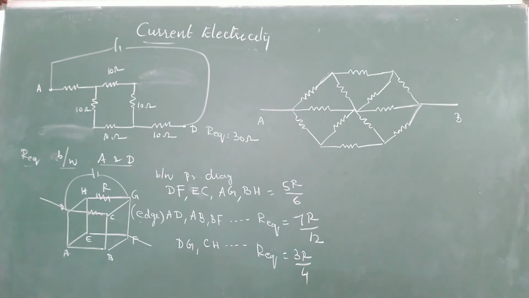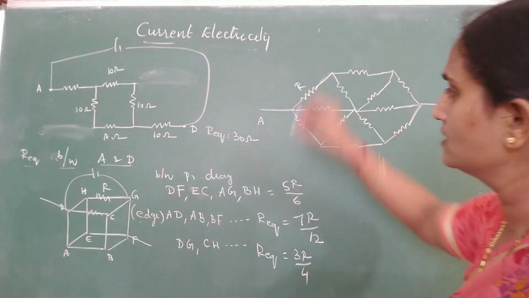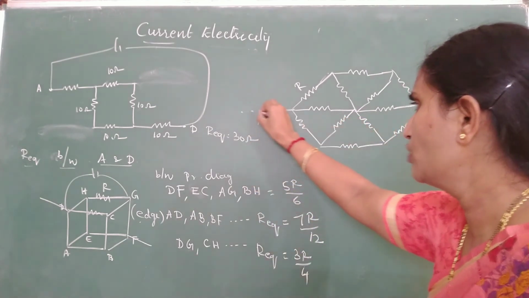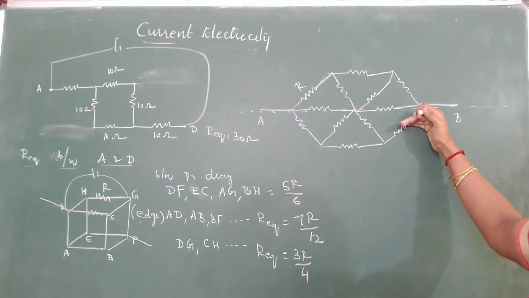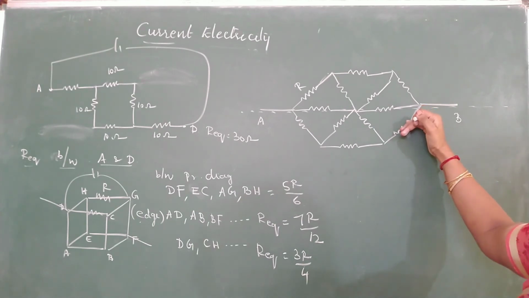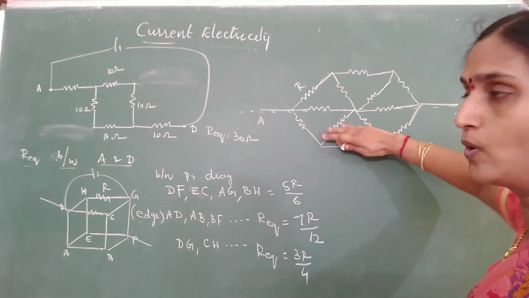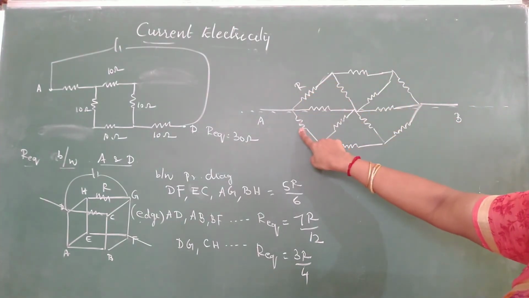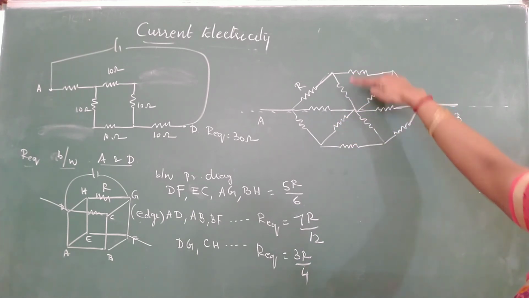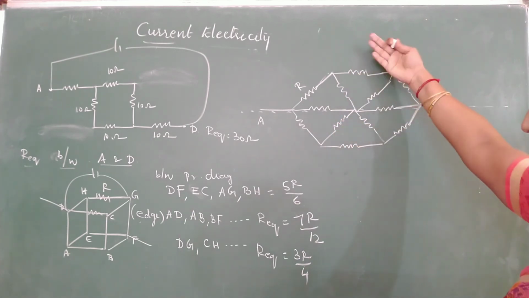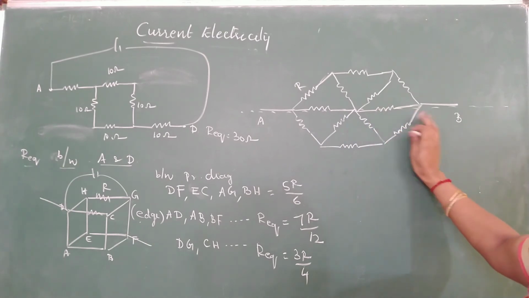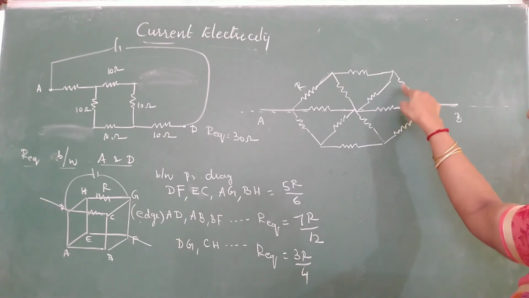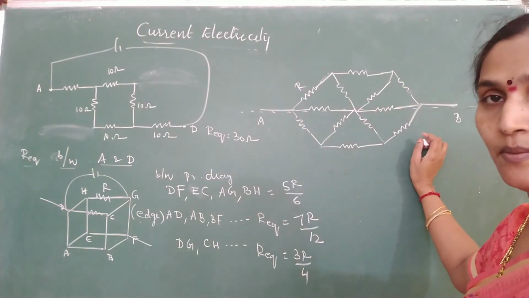Then look at this where the symmetry rule is applicable. Assume each resistance is capital R. Do we have a parallel axis of symmetry? If I draw a line like this, it has a parallel axis of symmetry. If you have a parallel axis of symmetry, I told you, you can fold the circuit. So when you fold this, R and R are in parallel combination. These two are in parallel. These two are in parallel. When you fold the circuit and remove the lower half, all these resistors will become R by 2, R by 2, R by 2 and R by 2. And then you can solve by using series and parallel.